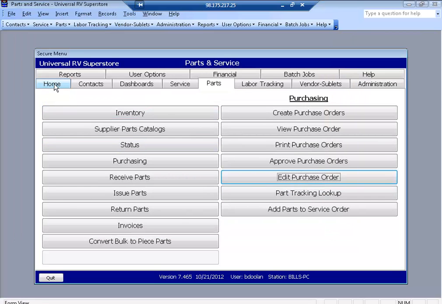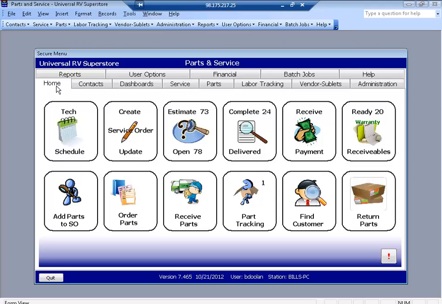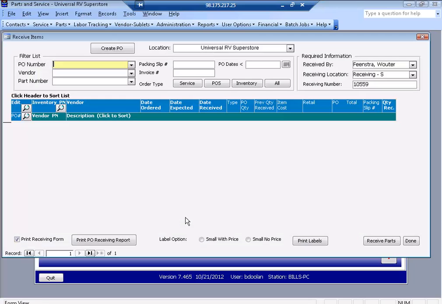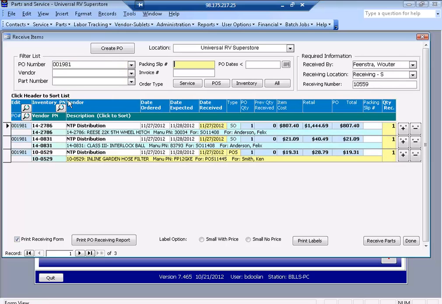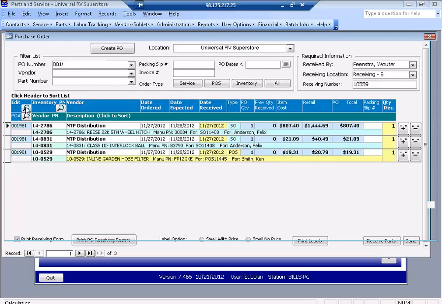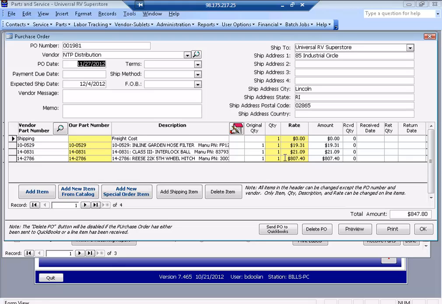Now let's go back to the home page. Now let's go to received parts to see how we can edit a PO while we're receiving it. Let's go up to PO number and select a PO. Now let's say we got a special deal on this item and the price has gone down a little bit. We can change it by making sure that it's selected, which it is. And we want to go up to edit and click on the magnifying glass. And here we can go over and change the price. Let's change it to $7.85